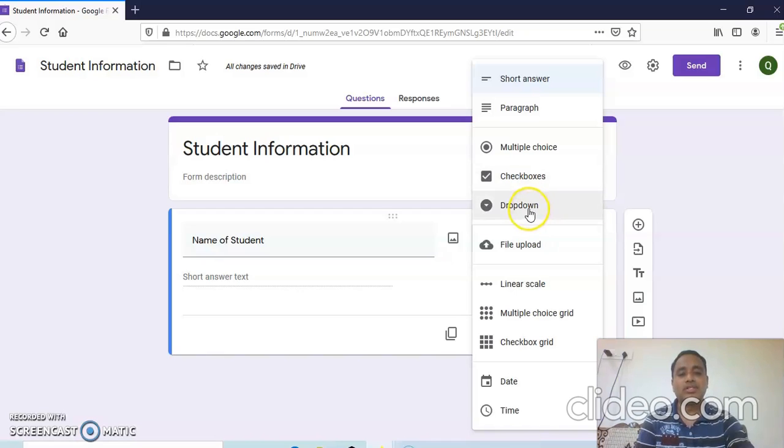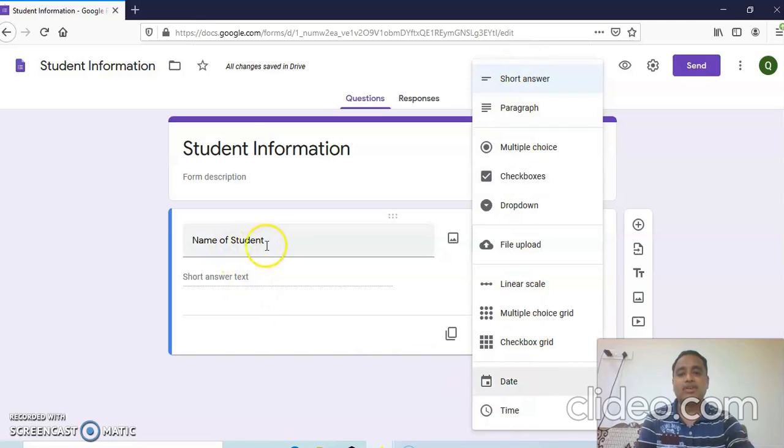The drop down list is the same as multiple choice because any one can be selected. Now you can upload a file. Then linear scale, it will be from minimum to maximum, just like good, better, best. So good for 1, better for 2, and best for 3. Then multiple choice grid is also there, checkbox grid is also there. We will discuss date and time. These are the field types.